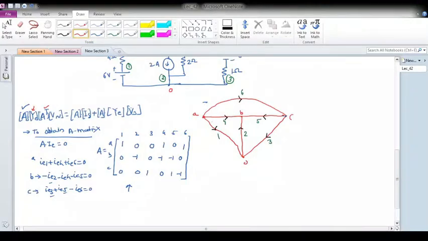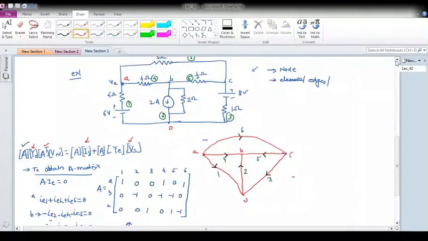Now I want to calculate the YE matrix, the source current vector, and the voltage source elements, or the column vector. Okay, so let me first calculate my YE. Basically, let me write with another pen. So YE, this is basically the diagonal element.